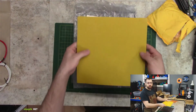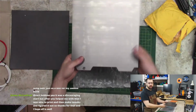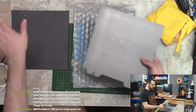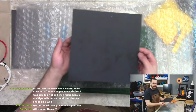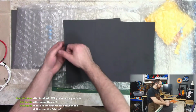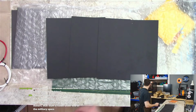Now this is a high temperature magnet. So this is a rated high temperature magnet. We got the plate, spring steel flex plate from Fermio Labs. Even has the fancy Voron logo. It's got nothing on it, so I'm going to have to clean it and attach the PEI to it. And for the PEI, I have Muller black PEI. And I actually have 3 sheets of it. So one sheet's going to go on here. One sheet is actually going to go